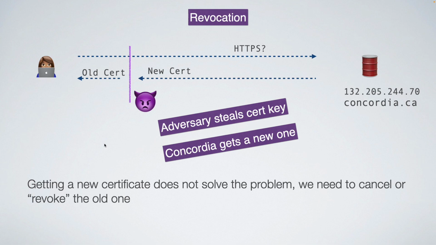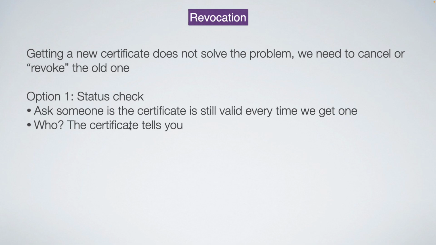Okay, so what we're going to do is we're going to turn to the CAs. The CAs that issue the certificates, we're going to say, okay, you need to figure out some way of maintaining a list of certificates that are valid and invalid. All right? And so users need to be able to check that list. And so there's two main ways that this is done. The first one is that